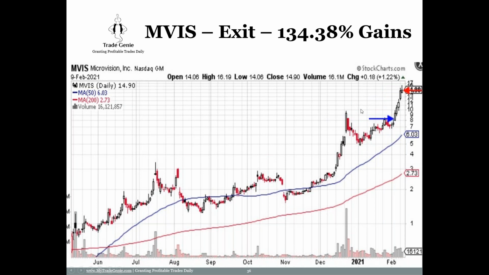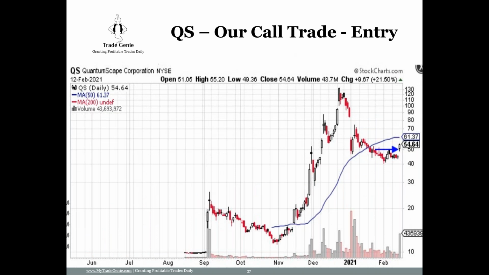So this is the entry right here, and then boom here. A 134% gain was good enough. I wanted to hold for a longer period, but then I said, okay, I'm being greedy. Greedy in options means it can pull back over 3 days, and this 134% can become a 10% gain. So better to exit.